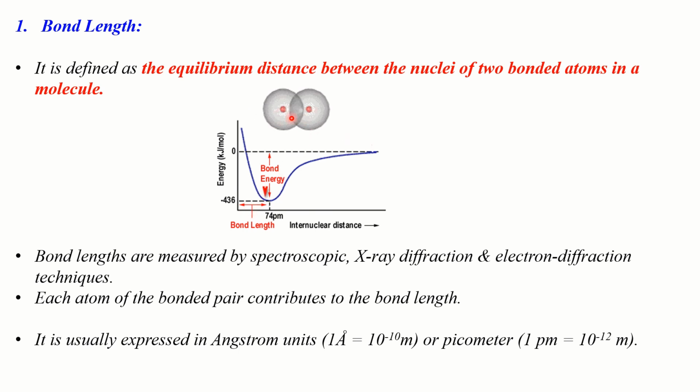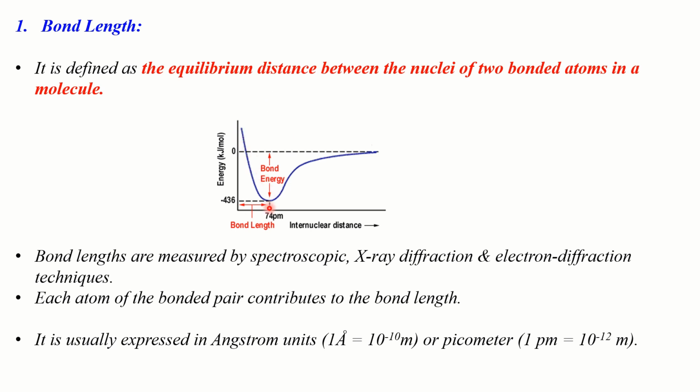When two atoms approach each other, forces of attraction operate between them and as a result the energy of the system keeps on decreasing. Okay, it keeps on decreasing until a particular distance is reached when the energy of the system is the minimum. Okay, so if you try to bring the two atoms still closer to each other beyond this distance, okay, if you try to decrease the distance between the two combining atoms further, then forces of repulsion would begin to operate between them and this leads to an increase in the energy of the system.